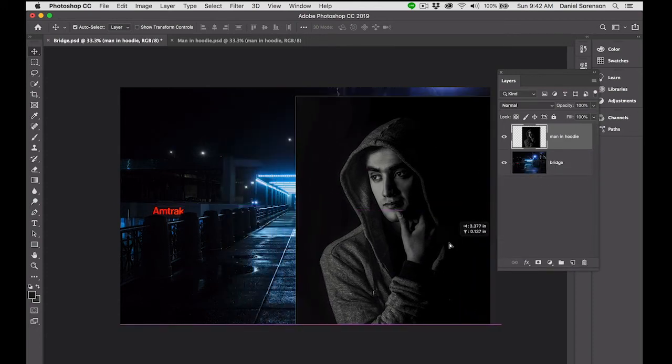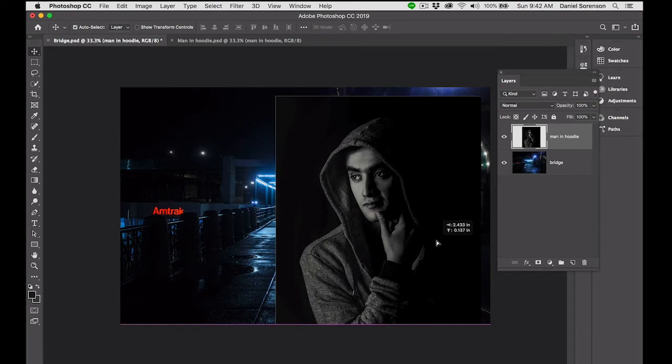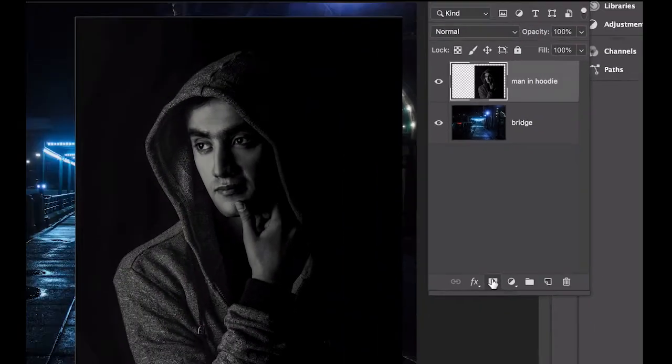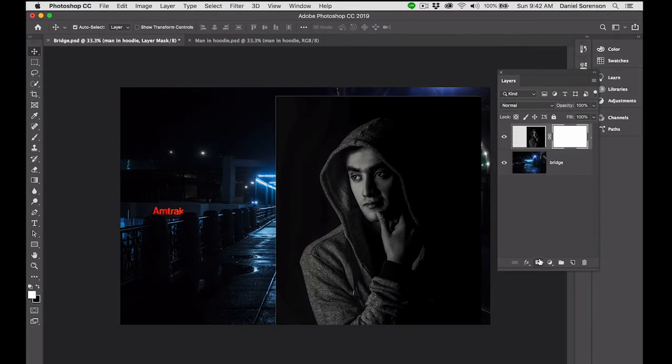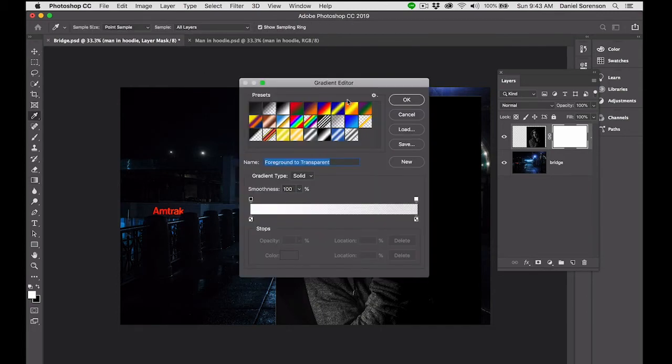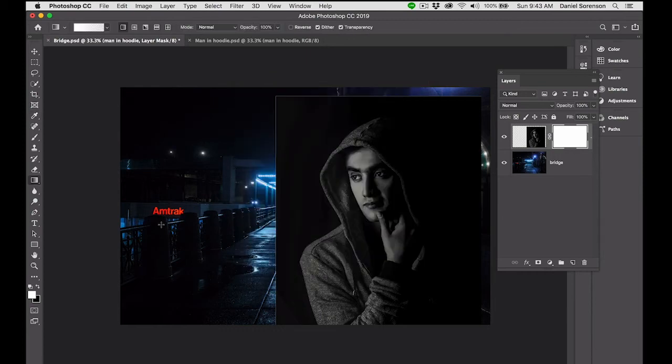Okay, so let's place him somewhere here on the right. And let's add a layer mask simply by clicking this icon down here. Okay, now we're going to use the gradient tool, hit G. Make sure that you are on foreground to transparent and that your foreground color is black. So you can press D to get to pure black and white, and then X to bring the black to